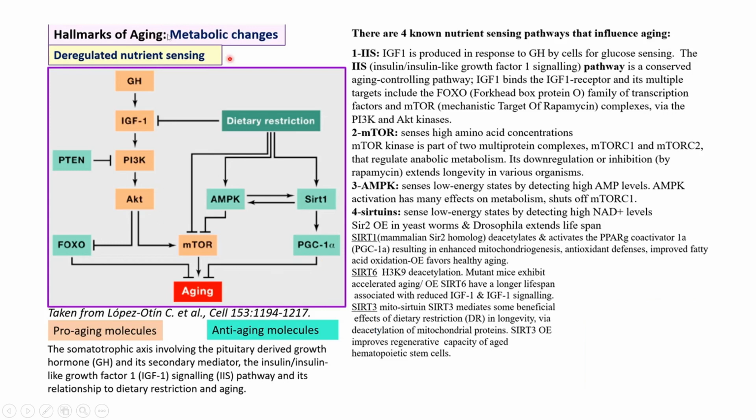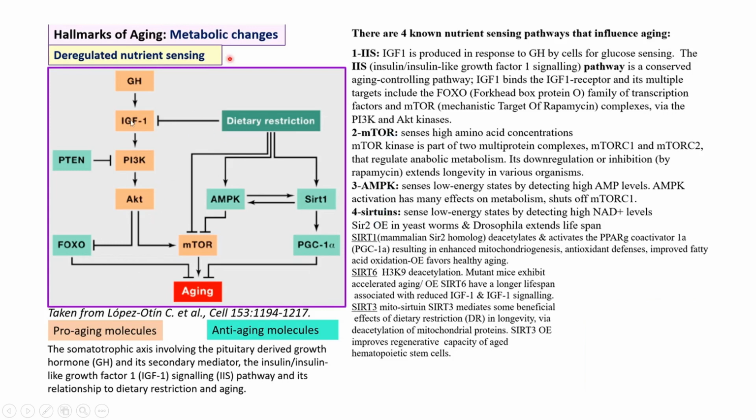Okay, so in aging generally, metabolic changes are the main features. Certain metabolic pathways are activated and certain pathways are repressed, due to which there is a progression in aging. If certain pathways are inactivated, then it will lead to the inhibition of the aging process. So there are four main signaling pathways discussed over here. One is the insulin-like growth factor 1 signaling pathway, that is IIS signaling. Second is the mTOR signaling pathway. Third is AMPK, and fourth is sirtuins.